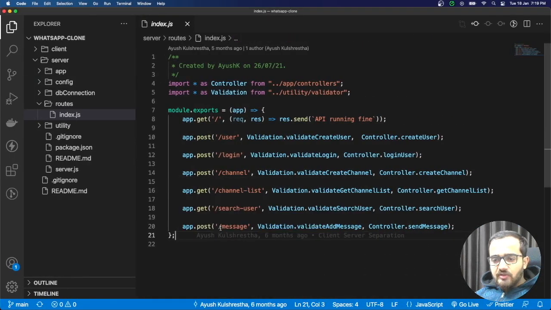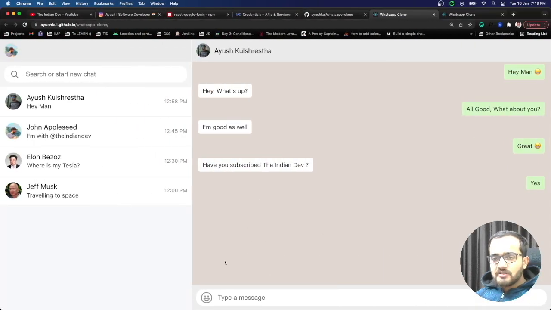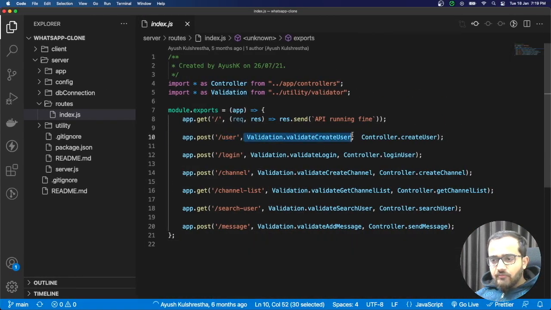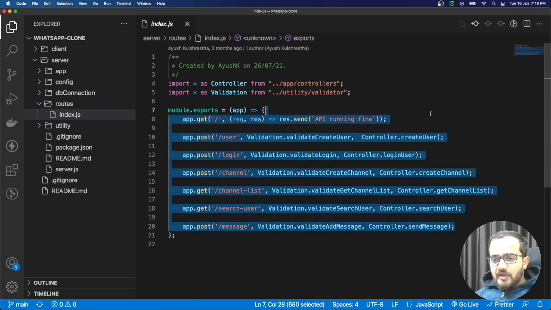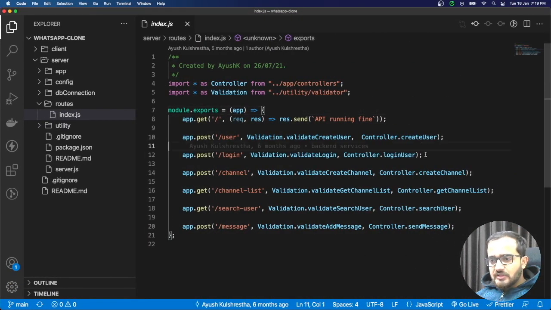And other than that, we have a message API which is responsible for sending a message from one user to another user in a defined channel. So everything is there. The validation is there, the DB call and the DB methods are there. So APIs are developed. Now what improvements we can do architecture wise is, we have this create user and login user,